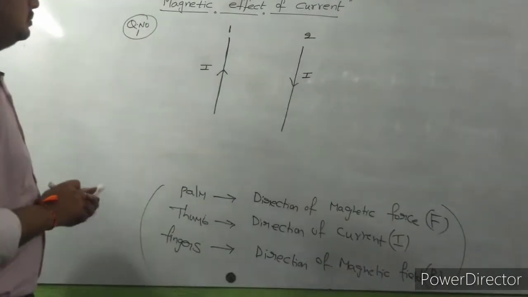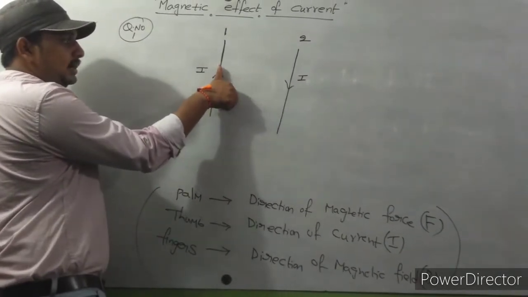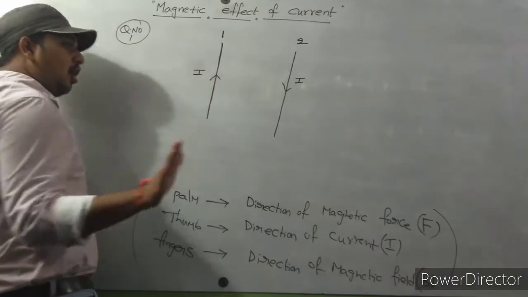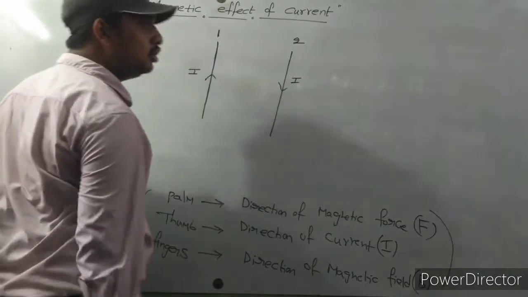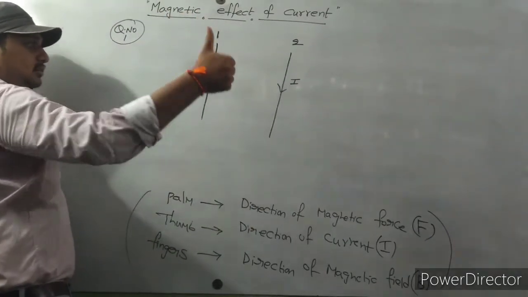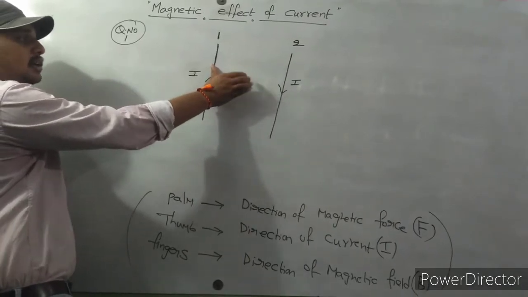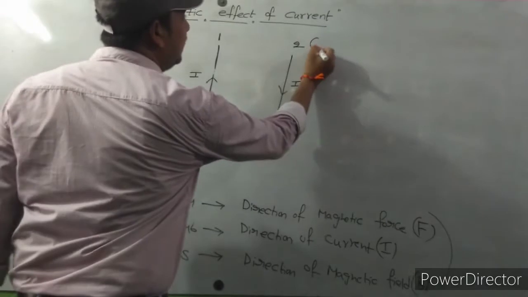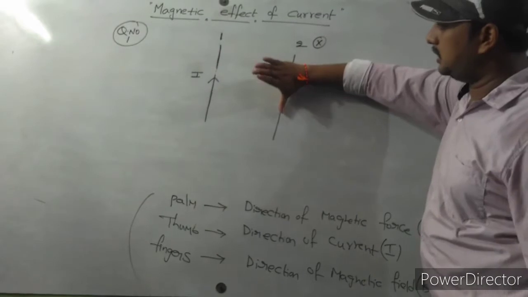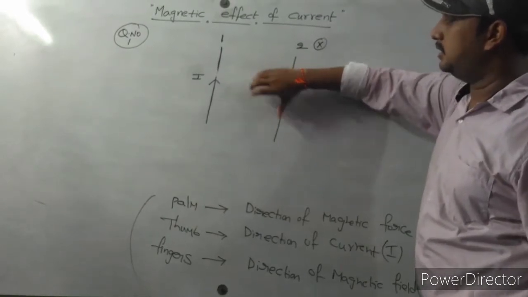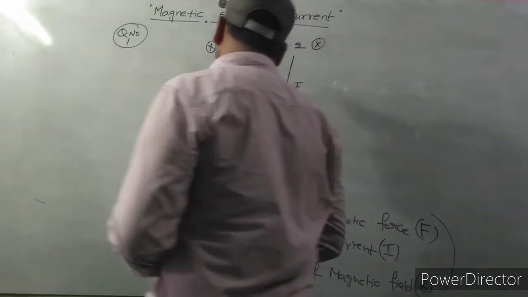So here observe carefully. Here this is a thumb. The thumb indicates the direction of current, you know already Ampere's right hand thumb rule. How is the magnetic field acting on wire 2? The thumb indicates the direction of current, and the curling fingers indicate the direction of magnetic field. So here, that means the magnetic field is acting into the face, and here the thumb indicates the direction of current and the curling fingers indicate the magnetic field. That means here also the magnetic field is into the face.